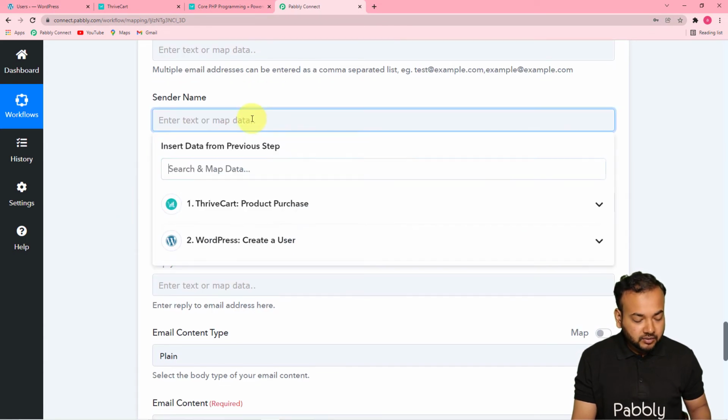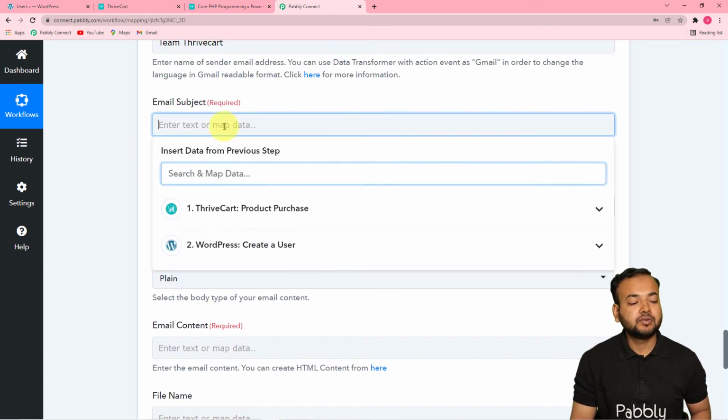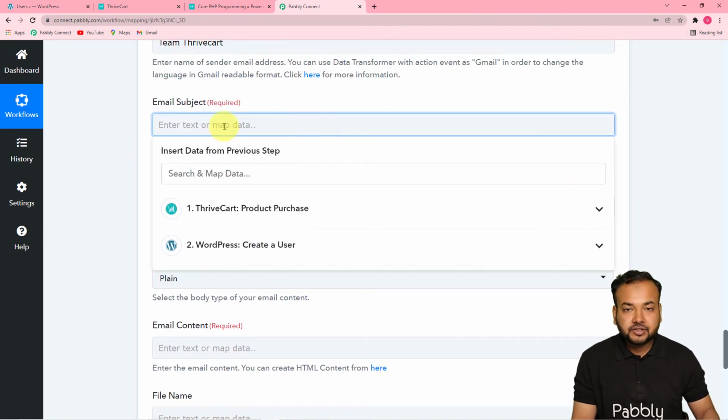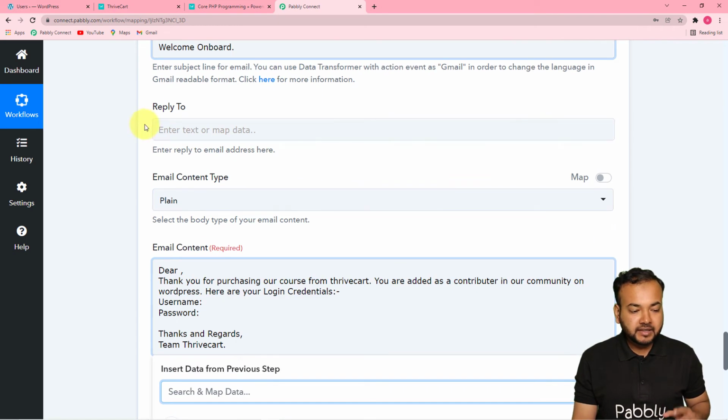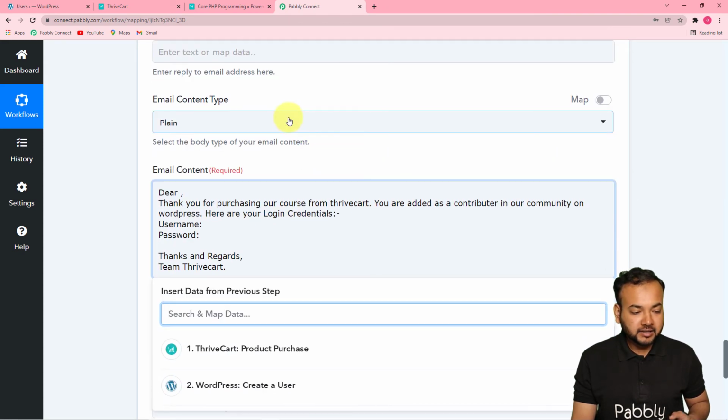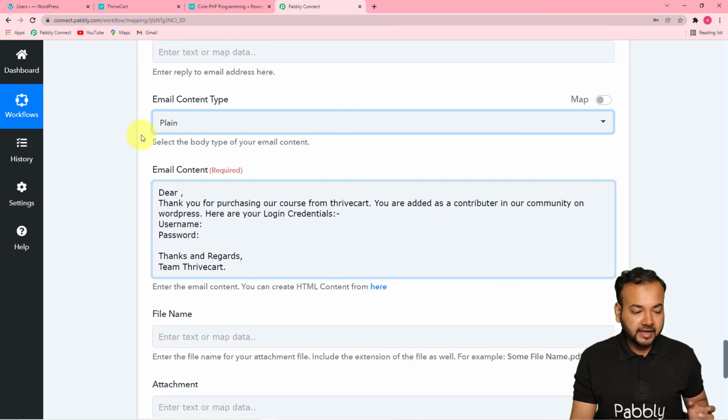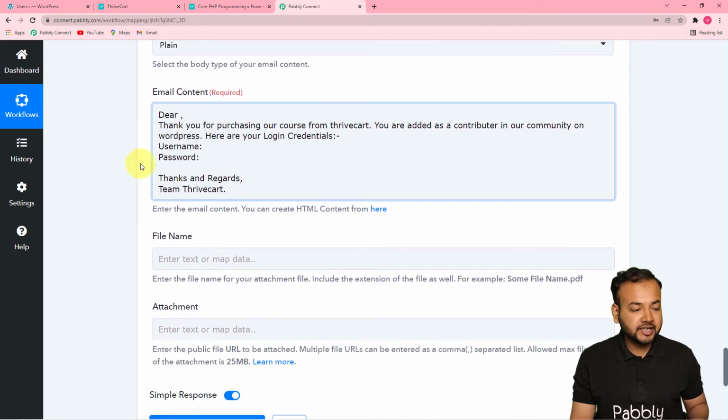And in the sender's name you can enter the name of your store or your team or anything, or the one who is sending this email. So I'm putting here Team ThriveCart, just for showing you the example. And in the email subject you can enter the relevant subject for which purpose you are sending this email. So I have given the subject as Welcome on board, and here I am leaving this reply to field blank, and I'm making the content type of this email as plain, and I have filled the email content that I want to send as this: